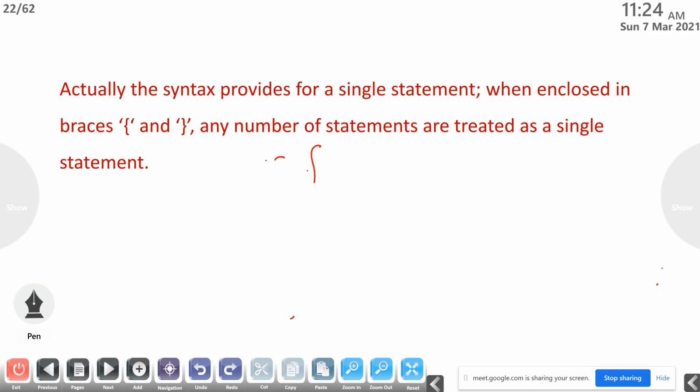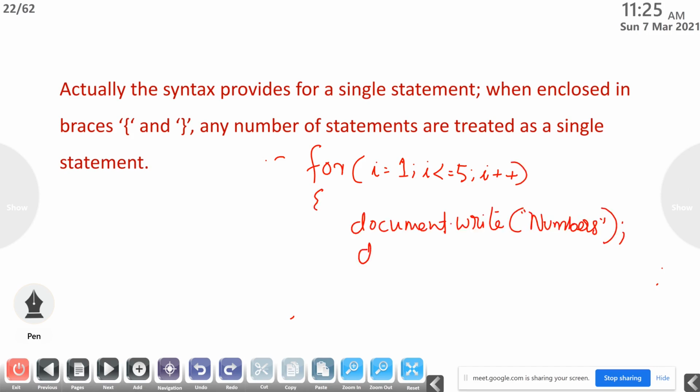Also we can use for I equal to 1, I less than or equal to 5, I plus plus, then document dot write numbers colon, again document dot write I. What will be the output of this?